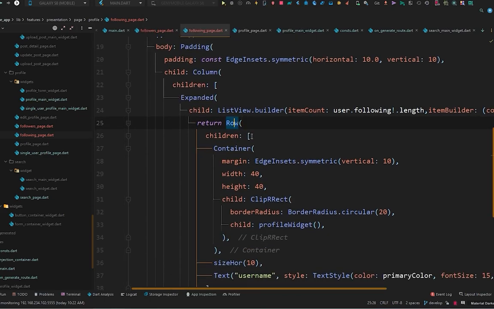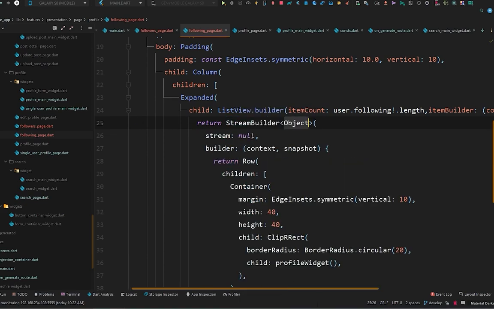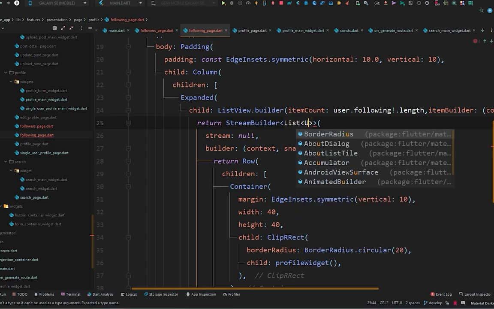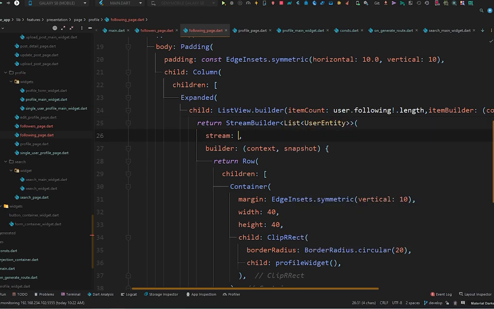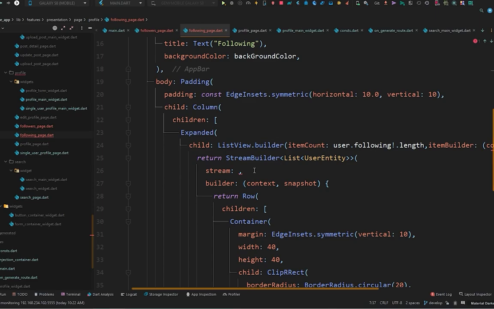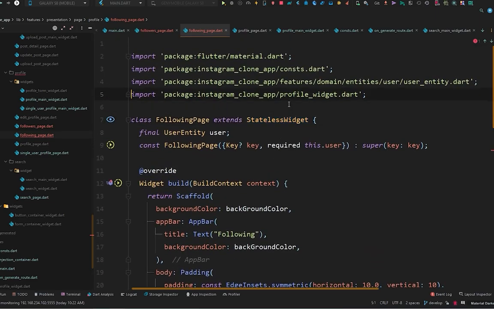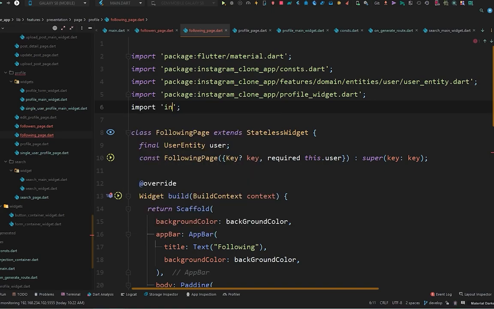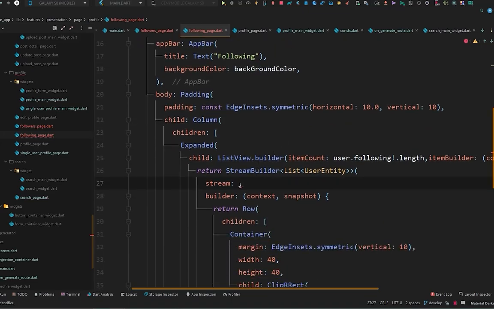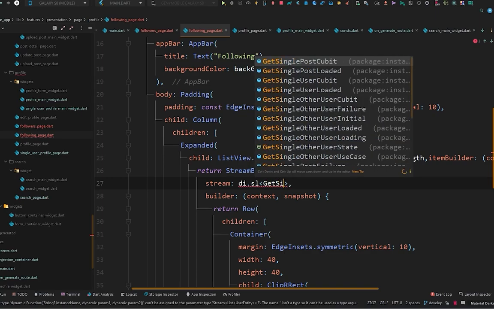So we will wrap this row with the stream builder, and the stream builder generic type will be list of user entity, and from the stream we will call the get single user to get the profile for every single user on the ID in the following list. So in here we will import the injection container as di. So we are going to call the get single user, so we will do di.sl and then get single user,